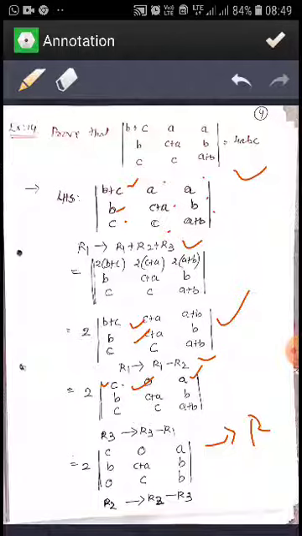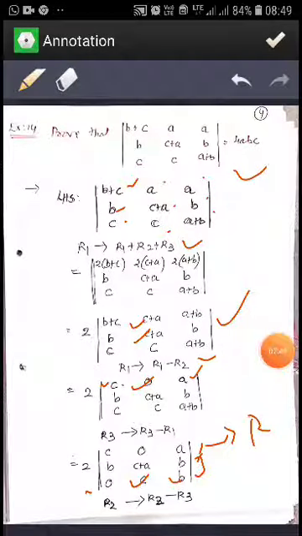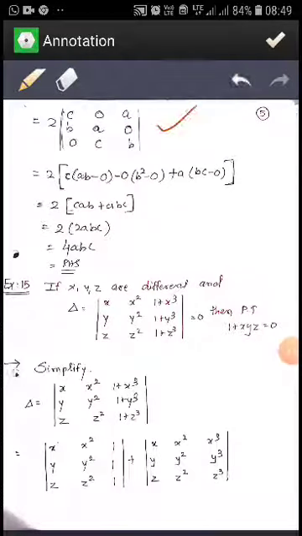So taking R3 minus R1, C minus C, then this is C minus 0 and this is A plus B minus A. Now taking this B, subtract from this B, second row. So R2 minus R3, so you will get this determinant, you get 3 zeros, so minimum 3 zeros are required for the expansion. Now take expansion with the help of first row, so we will get A plus B plus C.